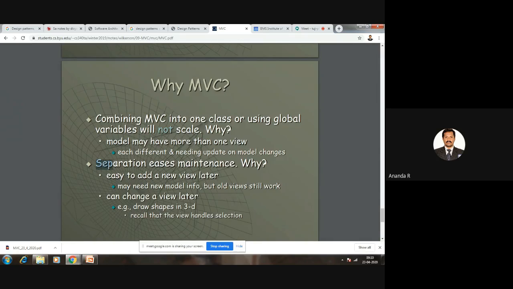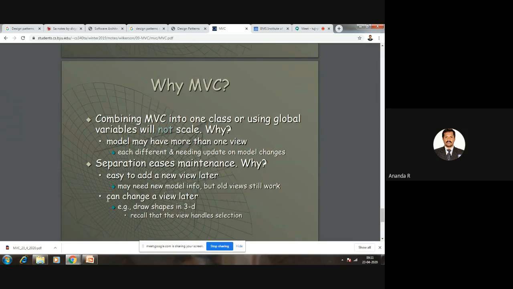Next, the separation eases maintenance. As I said, the separation of the model component, the view component, and the controller component helps in maintenance. It is easy to add a new viewer later, and we can easily add or delete. That is one of the big advantages of the model view controller architecture pattern.